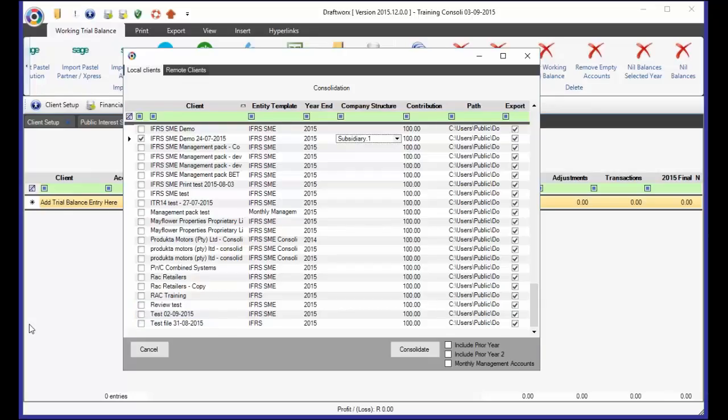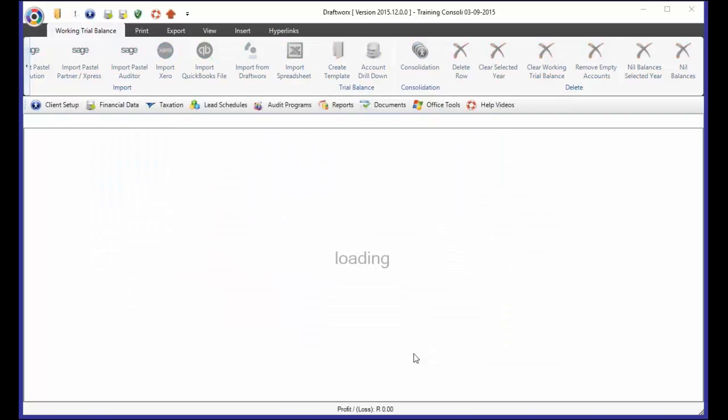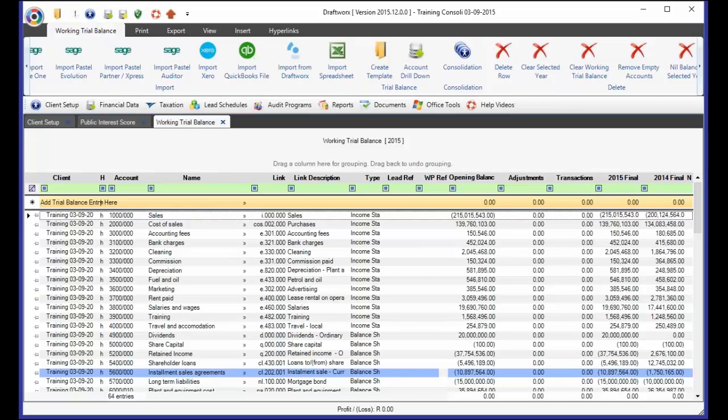All right, so I've gone and selected a holding company subsidiary, and now I need to also tell the system which years to consolidate. If you can, it's always best to consolidate prior year 2 and prior year 1 so that the cash flow information becomes a little bit easier. All right, so there are the items ticked in the bottom right, and I'm going to click on the consolidate option. It then will go through to those two files on my computer, and it pulls in the trial balance